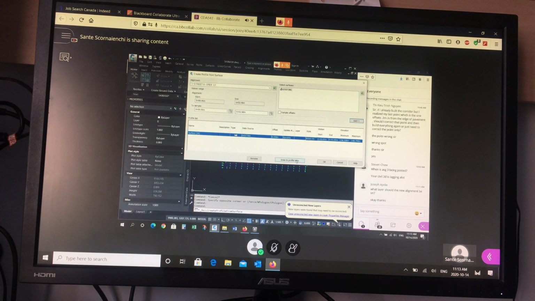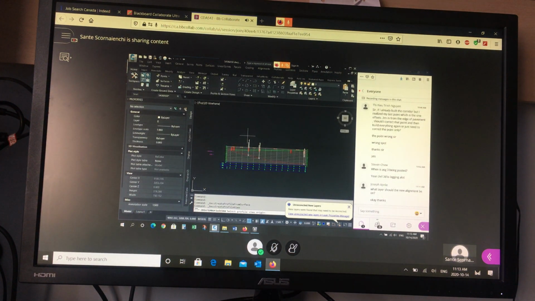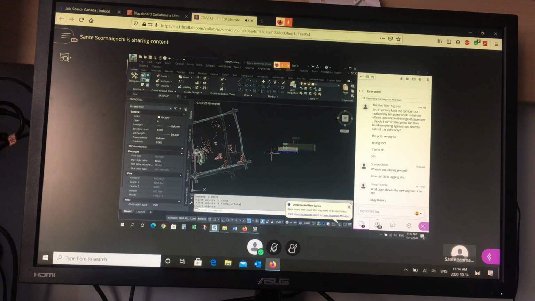And then if I draw it in the profile view, I want to change the style left to right. Just use the road one, which is left to right, just like the other style. Create the profile view, and then I'm going to click above. So there's the existing ground profile of the gutter. You don't need the labels. This white stuff you don't need, right? So that's the existing ground along this